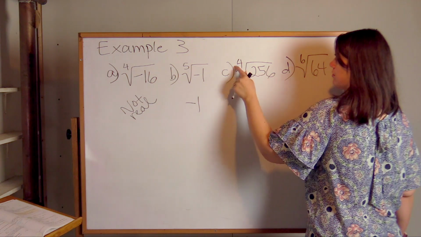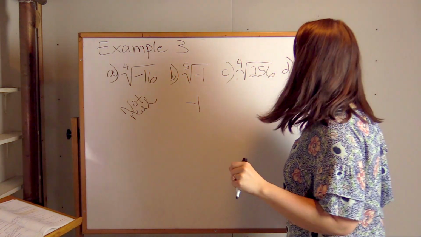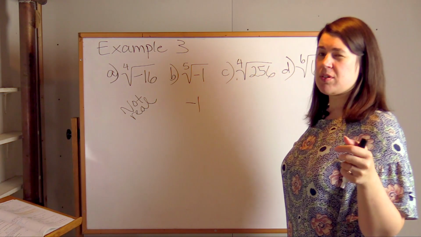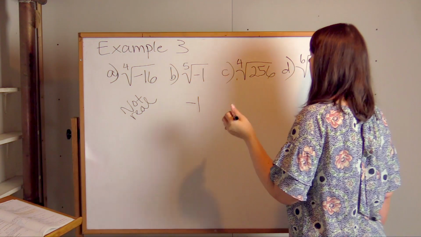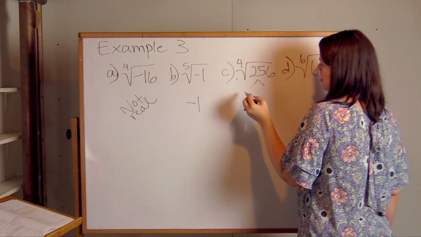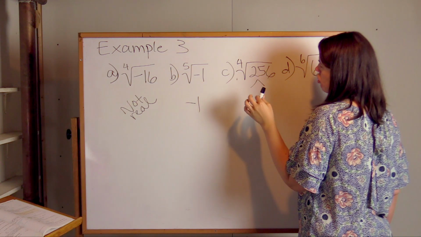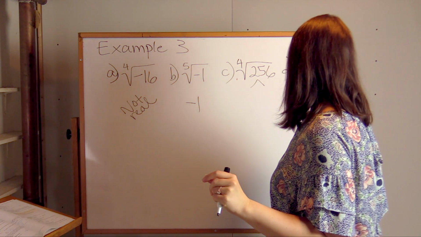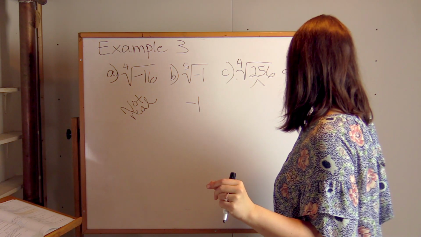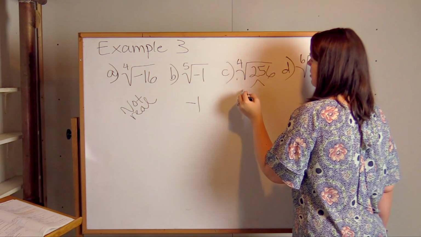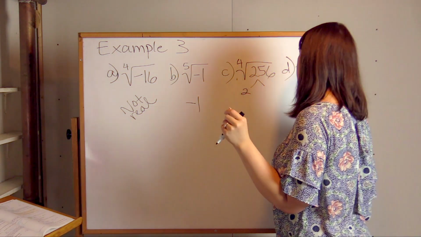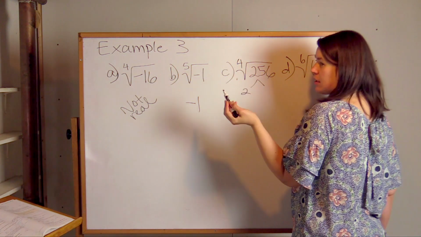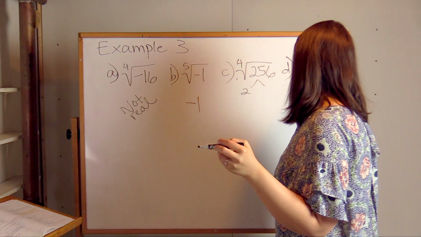All right, here we have 256, and we're taking the fourth root of it. So if you're not really sure where to start with 256, honestly, you could start breaking it down into factors. Well, one place to start, I guess, here. I mean, we know it's divisible by 2. This isn't necessarily going to get us to the exact answer just yet, but it is going to lead us there. So 256 divided by 2